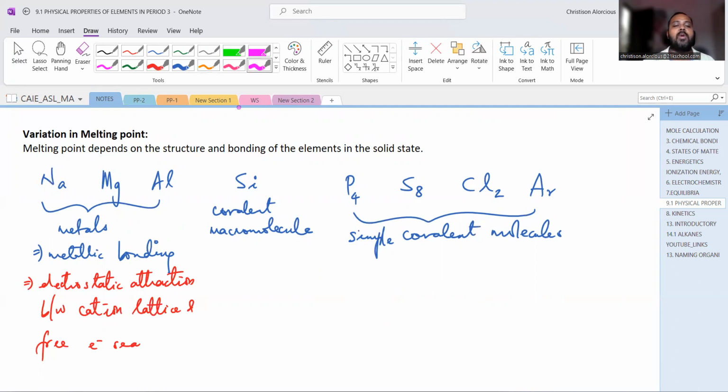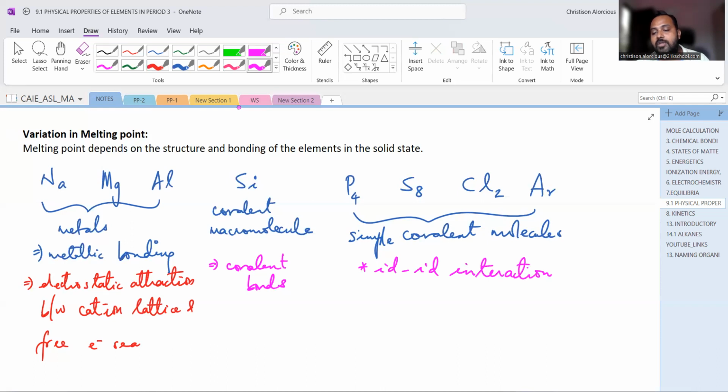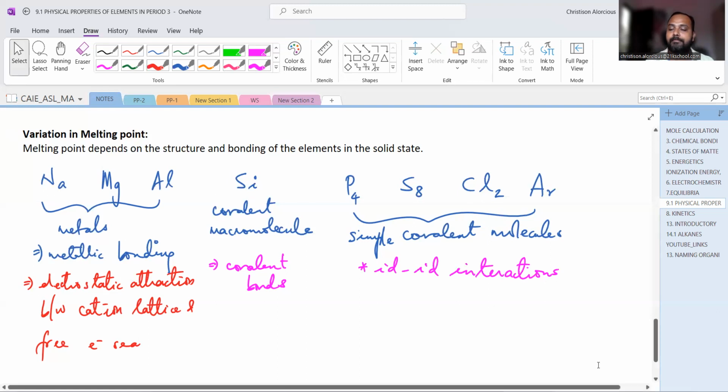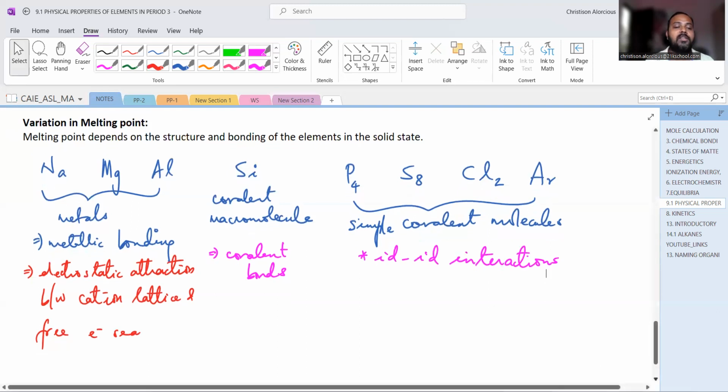While in a macromolecule like silicon, which is similar to diamond, you only have strong covalent bonds holding the atoms together. While in simple molecules like phosphorus, sulfur, chlorine, argon, you have instantaneous dipole to induced dipole interactions, ID-ID interactions, called your London forces or your van der Waals forces. So of the three types of forces,